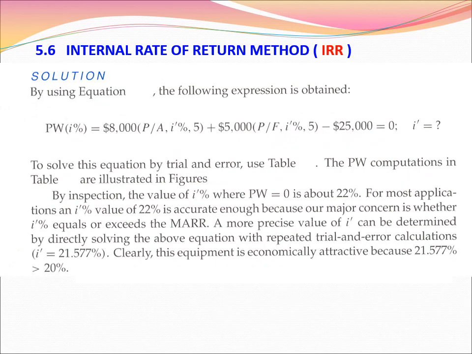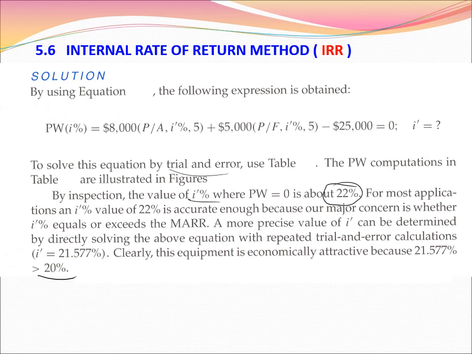Okay, again, we can use a similar trial and error procedure together with linear interpolation to find this I prime value. And when you do it, I'm going to show it in a minute, we find the IRR value to be 22%. Okay, 22%. And when you compare this with MAR, which is 20%,